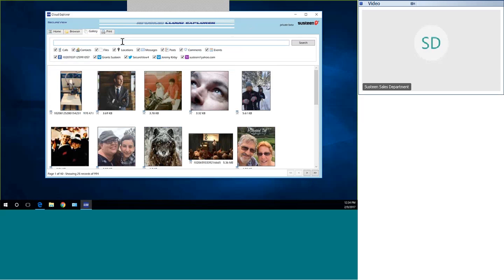And again, the cloud service is going to be different from the data that's kept on the phone, because sometimes that phone, and it was a good question someone asked, sometimes that phone, of course, they might be offline, or they might be using Facebook on their computer versus on the phone, and they might not have had a chance for the phone to update or connect to the server and update with that Facebook or Yahoo information. So the great thing with the Cloud Explorer is this just gives you a different avenue of pulling